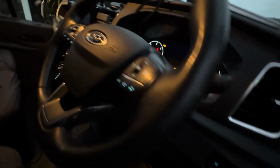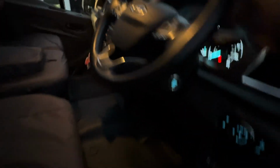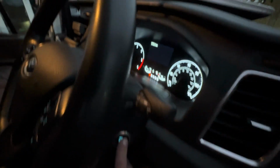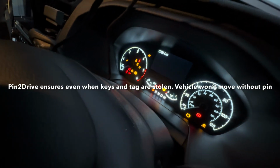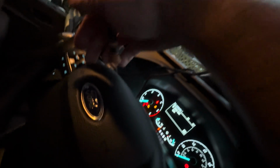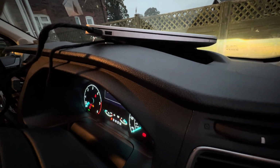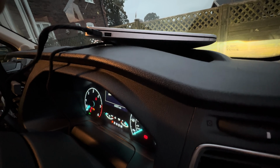I won't show you what that is, but you can hear that asking for the pin. It won't start without a pin code going in. So you see that's dead, no start, no run. So the pin code's entered on the steering wheel buttons. I won't show you what that is. When the pin code goes in correctly,